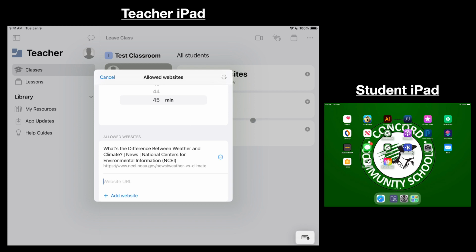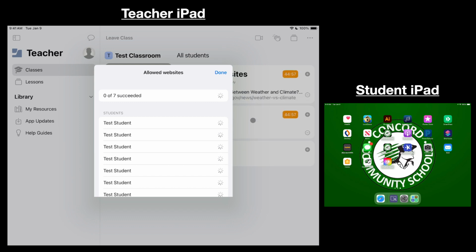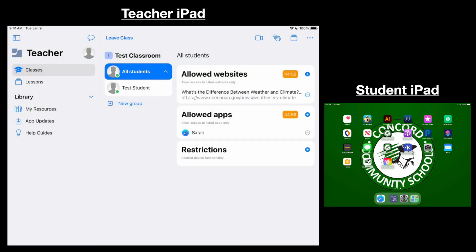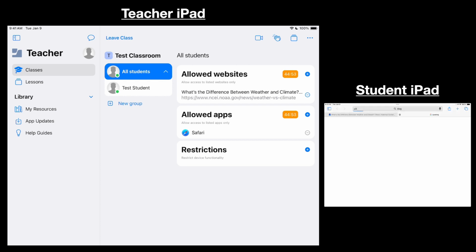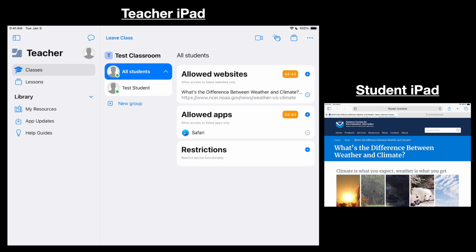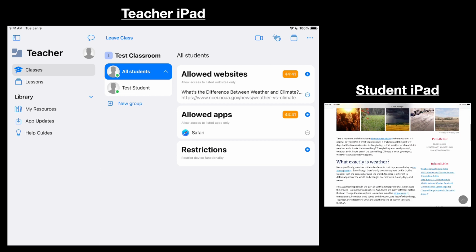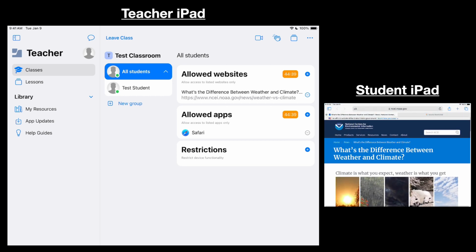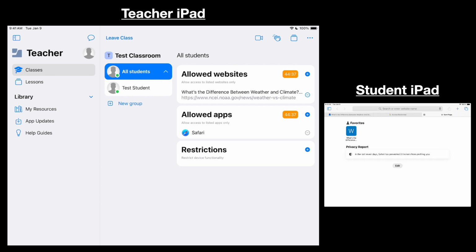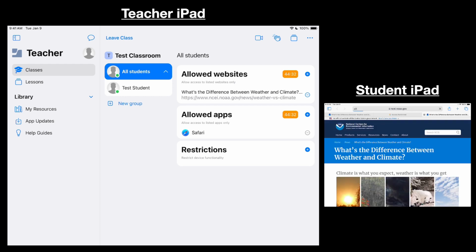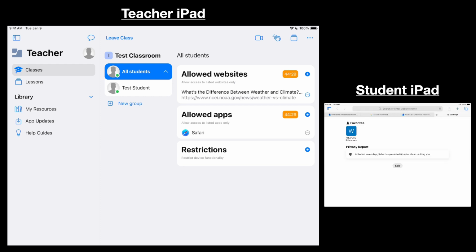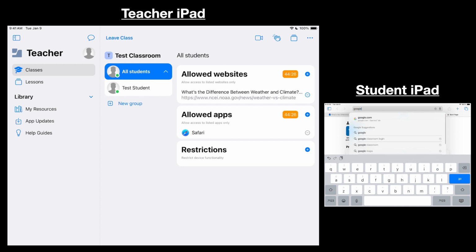By doing this, it's going to lock down the student's iPad. You will see that Safari will automatically launch because this in theory is the only allowed app, and any other websites like this Google search for dog here are not going to load. But the website that you have specifically put on the iPad will load perfectly fine. If they open up a new tab, the websites that you have allowed here will show up in their little favorites. And again, if they search for anything or try to Google anything, they will not be able to. They'll get a